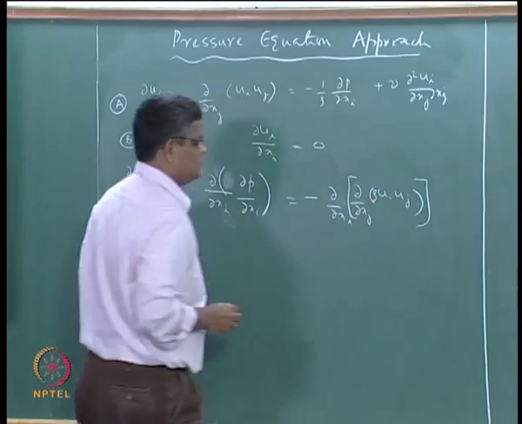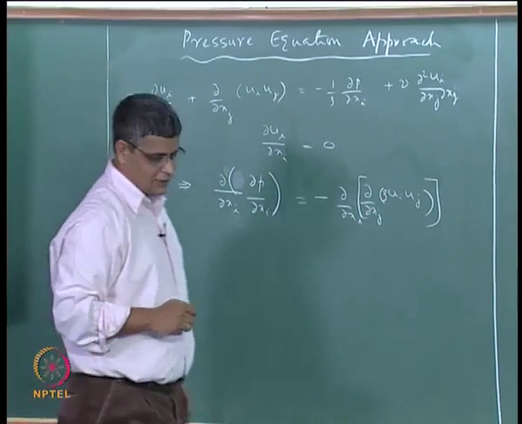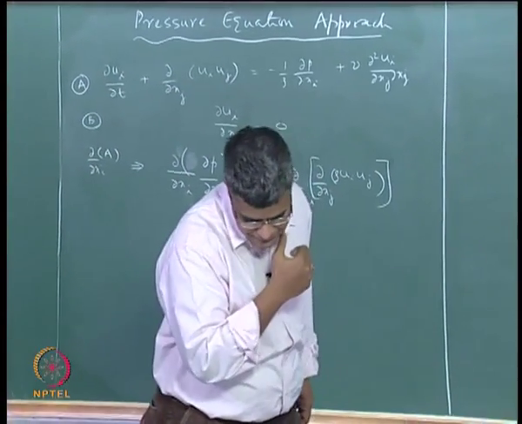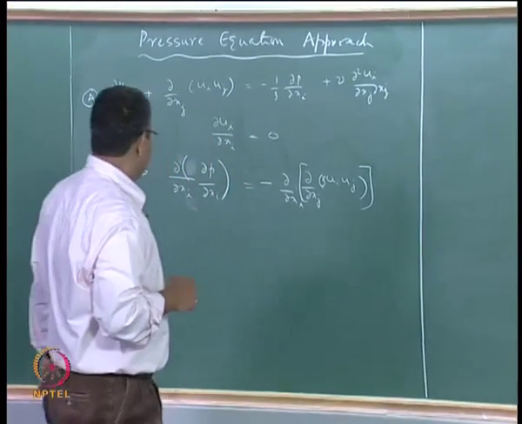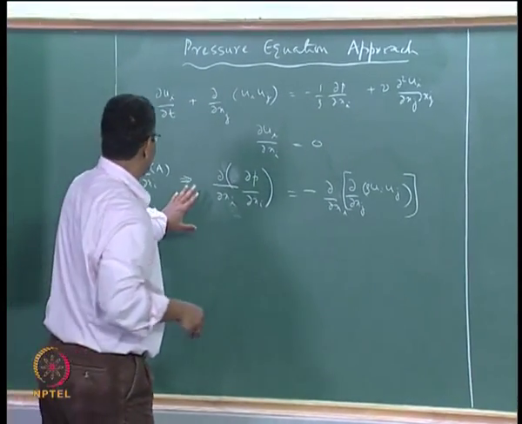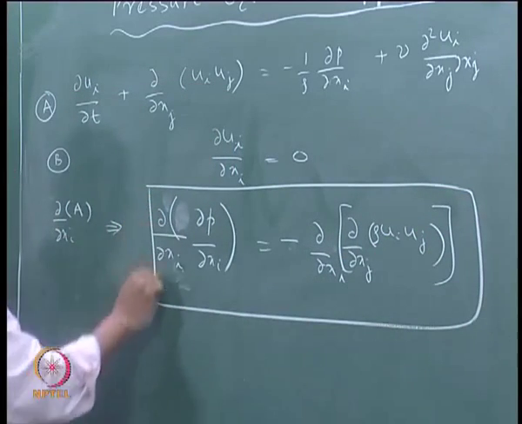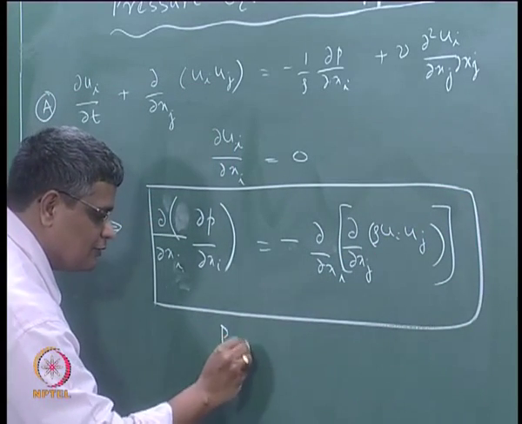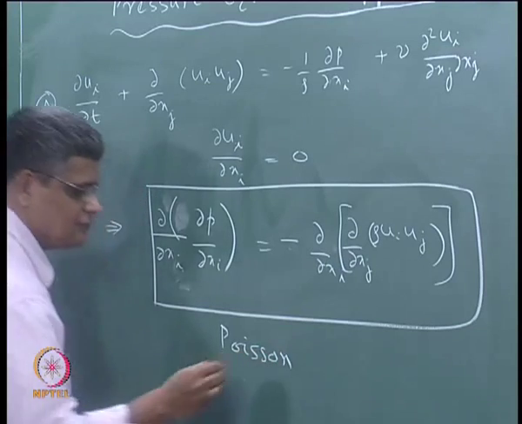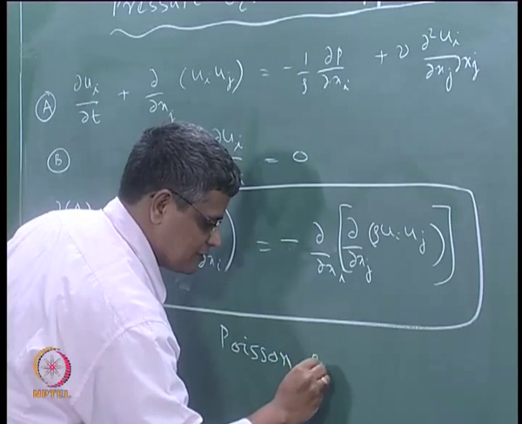There is a rho term in this. Let me just verify if this is the case. Yes. So this is the Poisson equation for pressure,